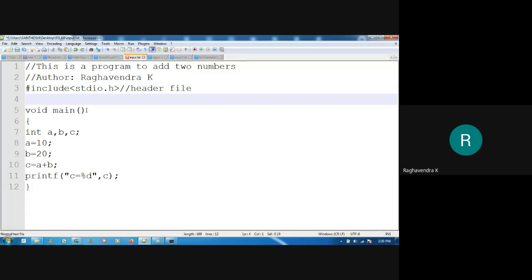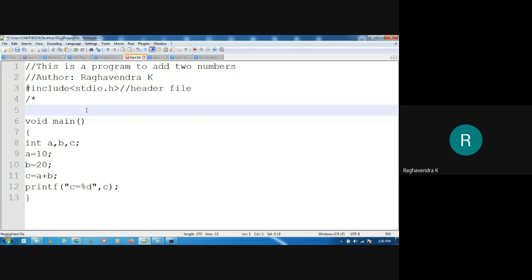Okay, and add one more comment here, a multi-line comment.